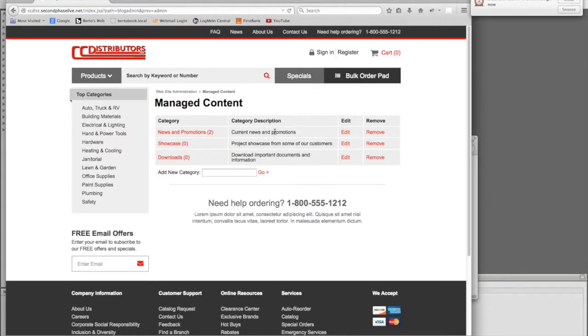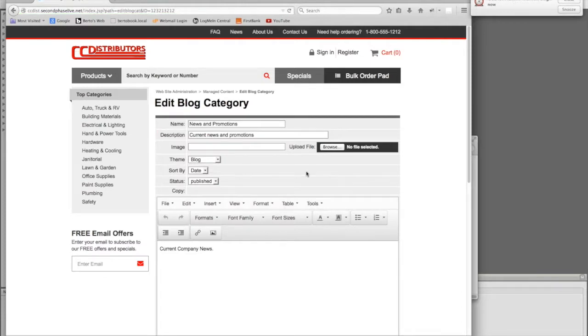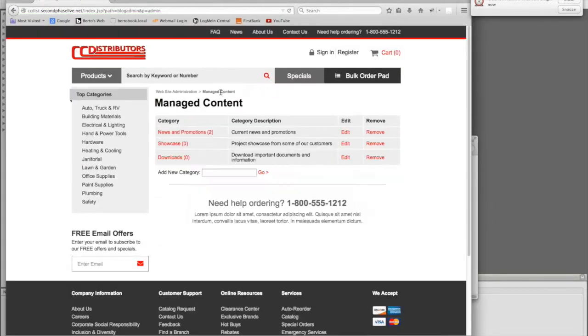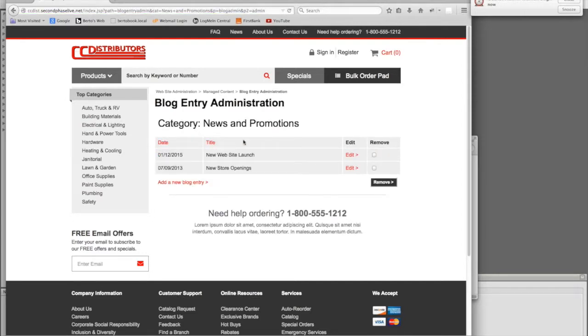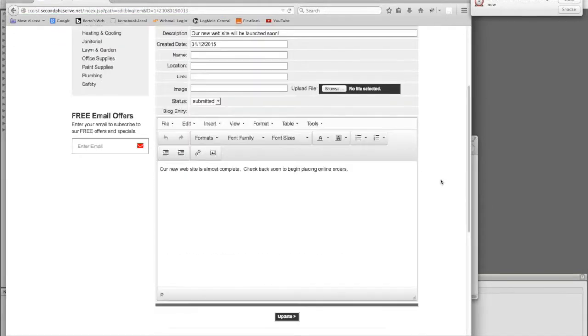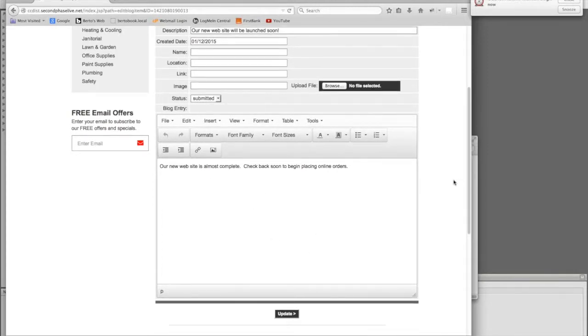We have current news and promotions. You can edit the category itself, or you can click on the category name to edit the entries you've got. And these are sort of samples, I guess. But as you go to edit here, you get the online editor,